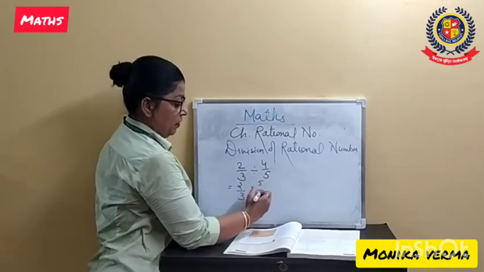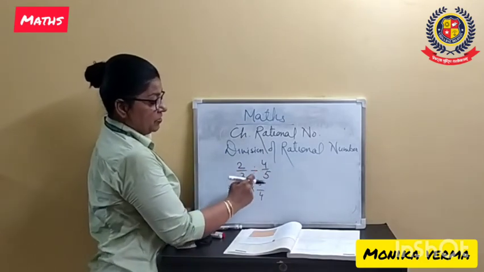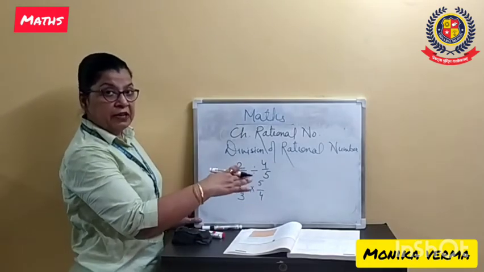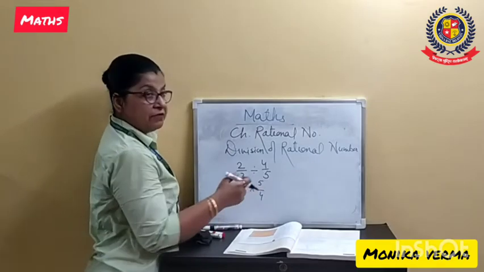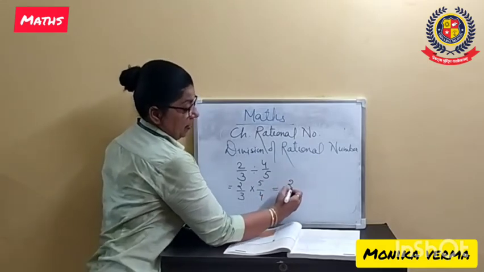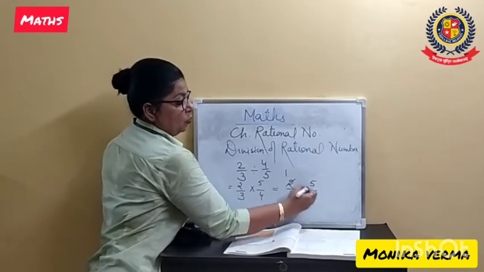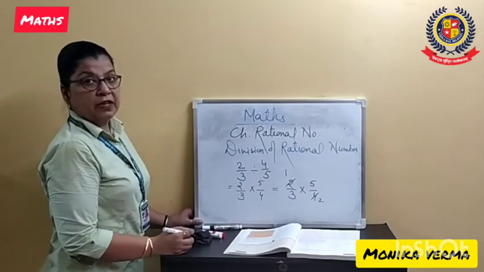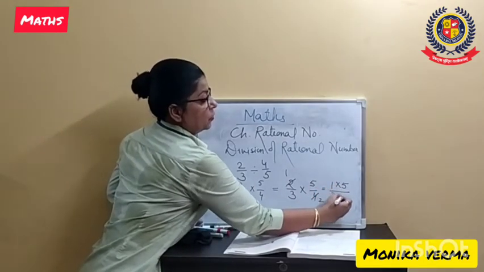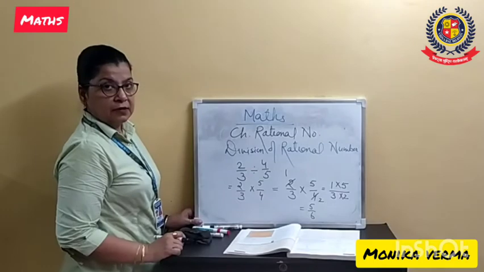Then we will write 5 upon 4. We were having 4 upon 5 after the division sign. Division has been changed to multiplication, and the rational number after the division sign has been changed to its reciprocal. Now we can reduce it. Let me write it here so that you would understand it better. 5 upon 4. 2 ones are 2, 2 twos are 4. We can reduce it. Now we'll get 1 into 5, 3 into 2. So we got 5 upon 6. This is the answer.